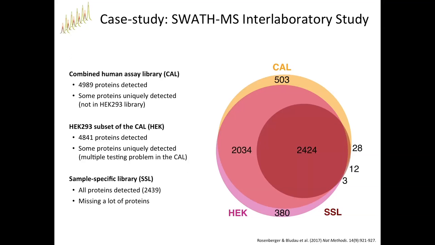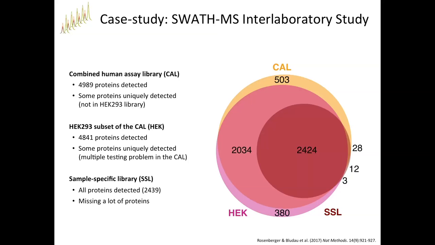And these proteins are the ones that you don't even have in the HEC library. On the other hand, in the HEC library, you see a few proteins that have not been detected with the combined human assay library, which is basically because you get a little bit deeper because you don't have to correct as much for the multiple testing. And what you can also see is that for the sample-specific library, we get way, way fewer protein detections, which means that we see what we have in the library, but we don't fully explore everything that is there